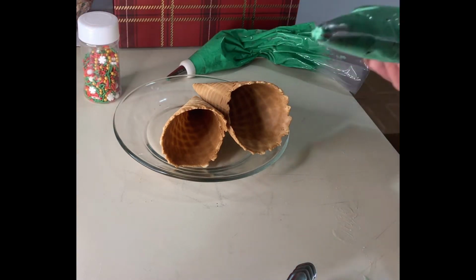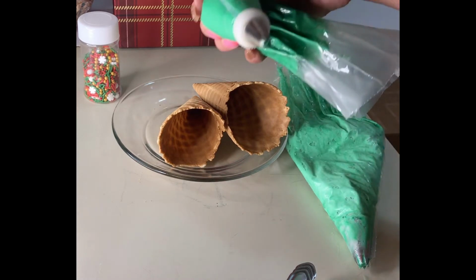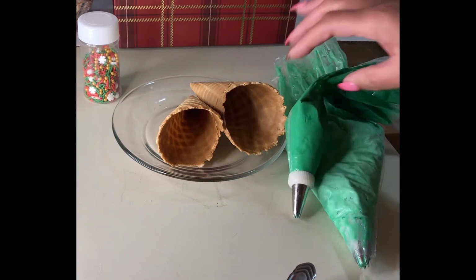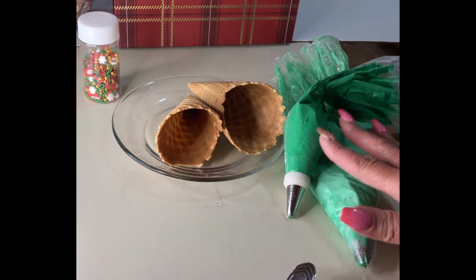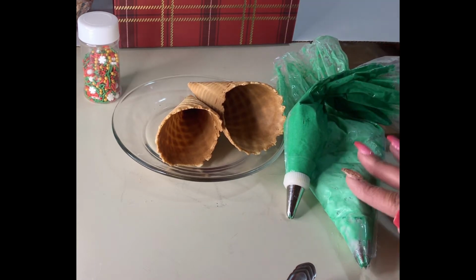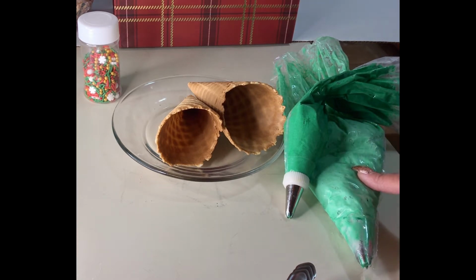I have a large star tip and I also have a small star tip, and both frostings are vanilla flavor buttercream, and they are colored green. And you would want to use both because your hand is going to get tired once you start piping. So I will use the larger one on the bottom and the smaller one as we get closer to the